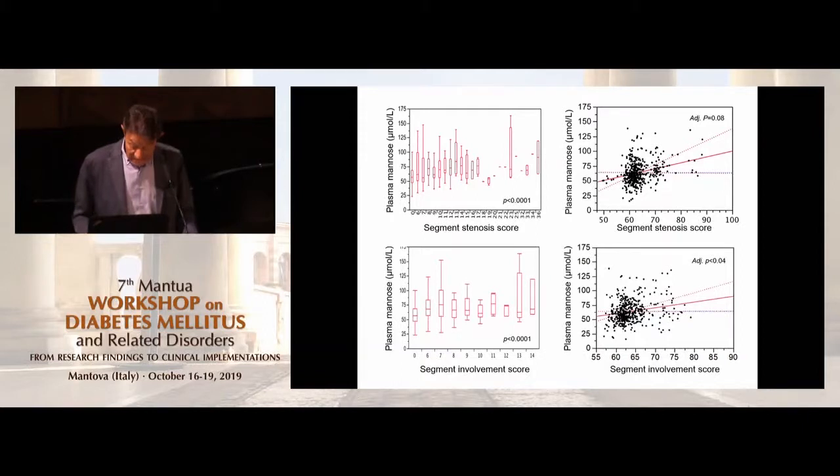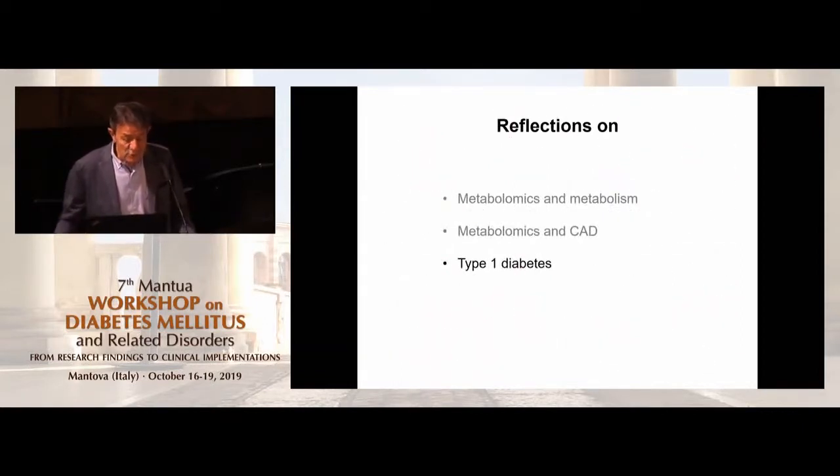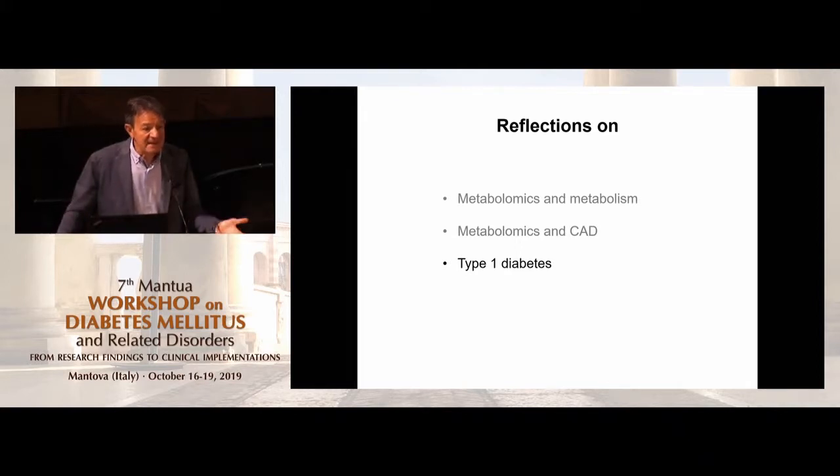And because I'm already late, I get on to the final point, which is completely different. It is type 1 diabetes. And type 1 diabetes has become almost an orphan disease. You know, we have 13 classes of drugs for type 2 and just insulin and little else, actually, for type 1 diabetes.